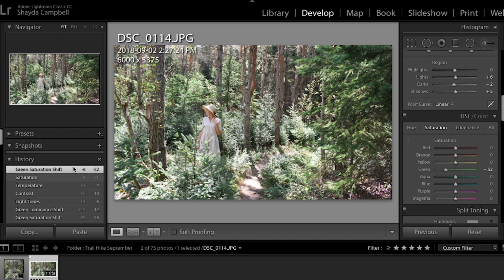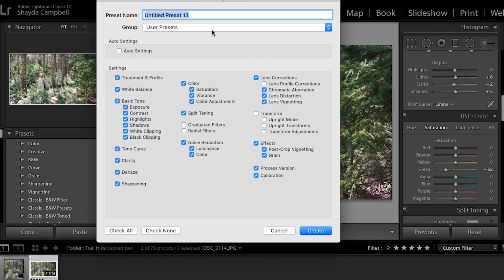So we come over here to the other side of the screen, the left-hand side. On this area, there is a presets menu. You're gonna click the plus sign, create preset, and then you get to name your preset. I'm just gonna call it like cool green or something like that that will help me remember what this preset